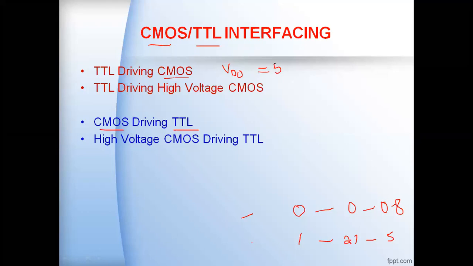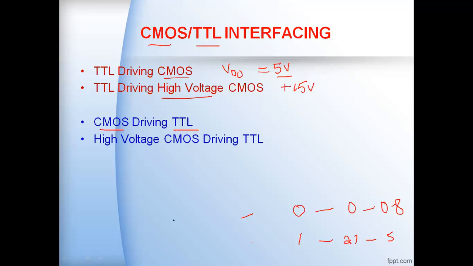The operating voltage is 5 volts. But we have the other type of the CMOS circuits. They are known as the high voltage CMOS circuits. And these high voltage CMOS circuits will be operated with a plus 15 volts power supply, or you can say that they will not be operating with the normal voltages. The normal usual voltage is 5 volts. So the high voltage CMOS gates will be operated with a higher than 5 volts power supply.